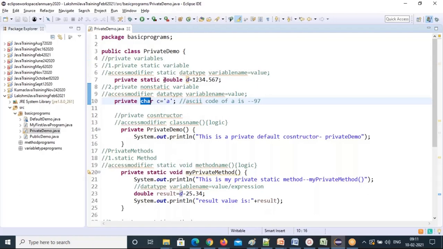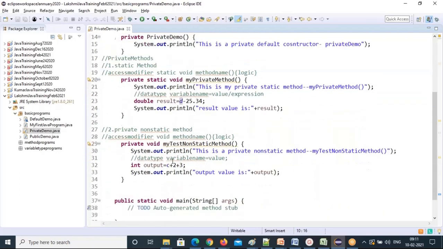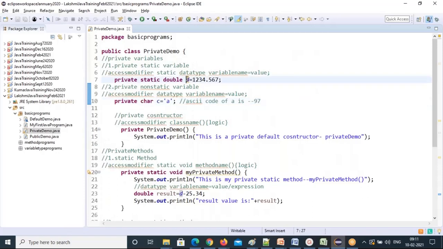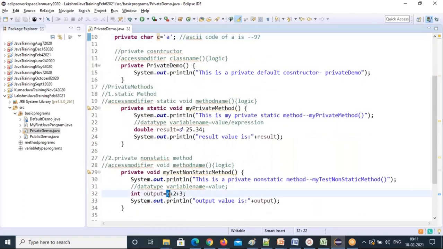Whatever the data type you are creating, that variable holds data, and this is the variable name. This data you can use in any methods, and only on the data will we do operations, right? Like mathematical operations: plus, minus, multiplication, division. Any operations you can perform on the data only. And this is the data. This data is contained by this D variable, and A is contained by the C variable. So wherever I need this value, I will call this variable name. That's what I did. I called that variable.